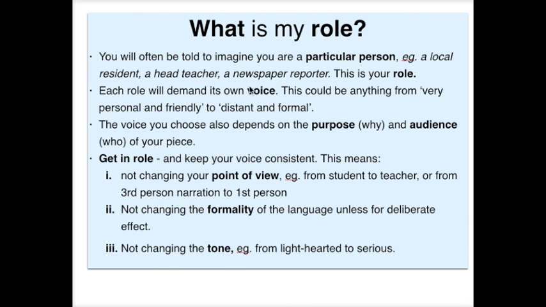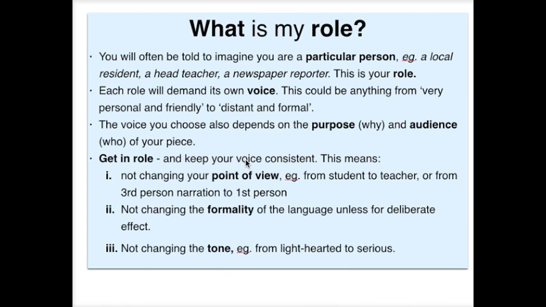Each role will demand its own voice. You could be anything from very personal and friendly to distant and formal. And the voice you choose also depends on the purpose, which is why you're writing, and the audience who you're writing to. So what you need to do is, before you start writing, get into role and